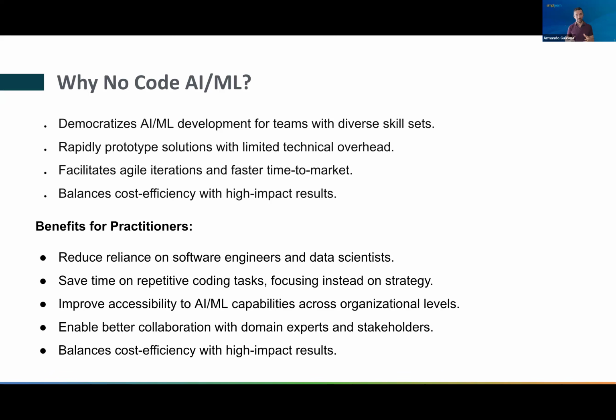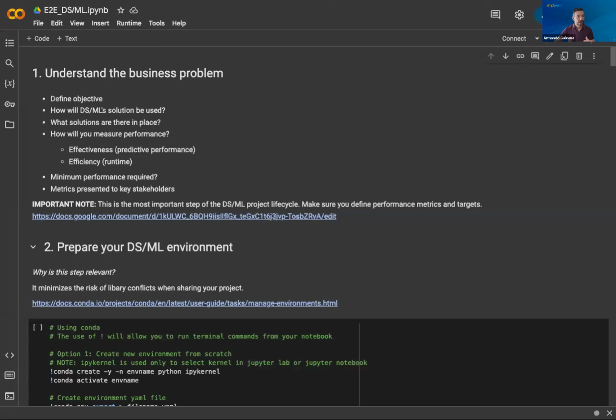Before that, just to make sure that I set the right context, remember that a model is a mathematical representation of the world, of the data that we collect. Typically, in a traditional artificial intelligence project, let me show you how it looks in code. How complex would that be? How much do I need to understand? By the way, I will share this link. It is completely open source. You can take a look at it and use it. This is something that I have created, but you see there's actually a lot of code.